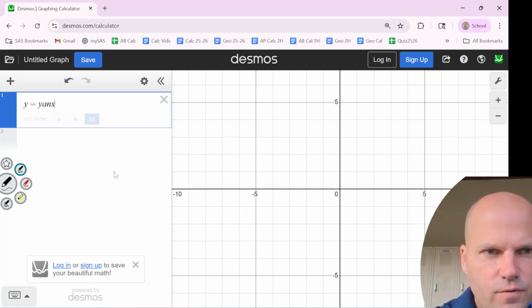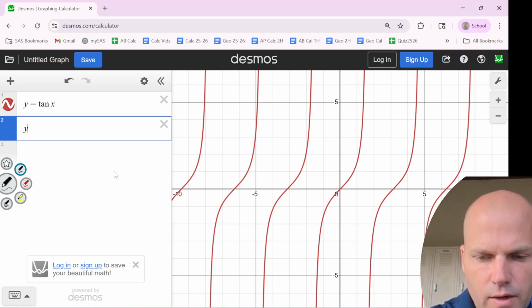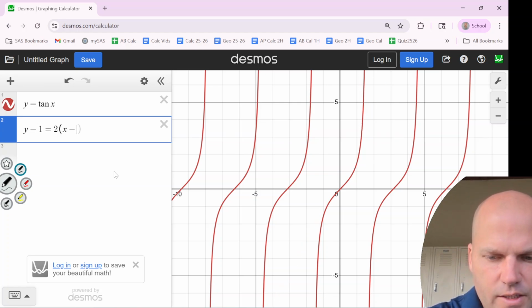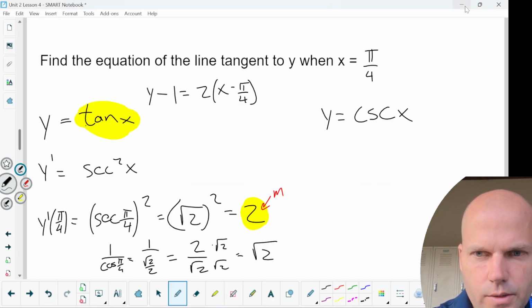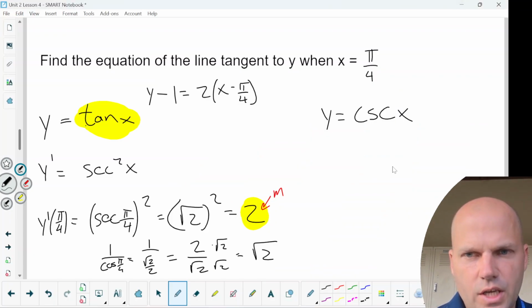Here is the tangent function. I have y minus 1 equals 2, x minus pi over 4. Bam. Cool. So it worked. For cosecant,